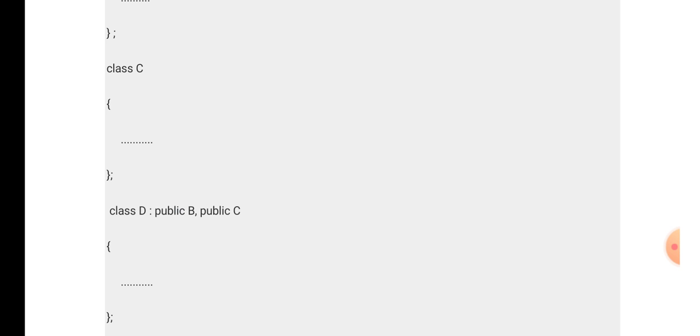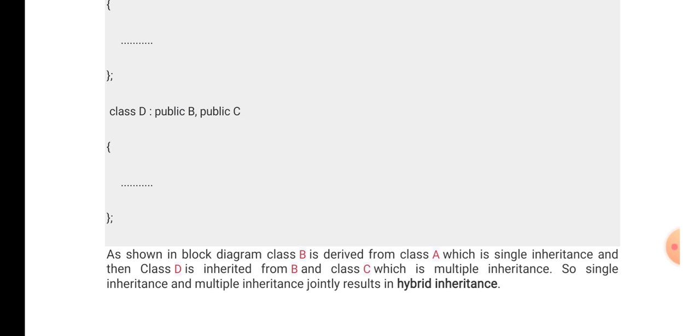So here multiple inheritance is there. This syntax is for the block diagram shown above. So single inheritance and multiple inheritance jointly result in hybrid inheritance. We can write the program in the same manner.